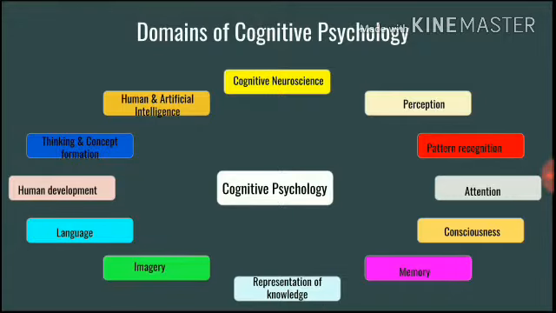Moving to the next point here, that is representation of knowledge. Now, when you talk about representation of knowledge, we're basically specifying the idea of how each piece of information is conceptually stored for us individually, and it is very subjective in nature because all of us perceive information differently and all of us have our own personal experiences that we draw association from. So the representation of knowledge is going to be very subjective, very personal to us based on our own experiences.